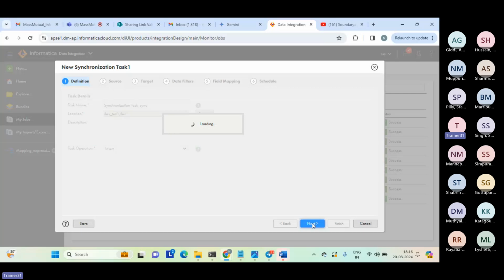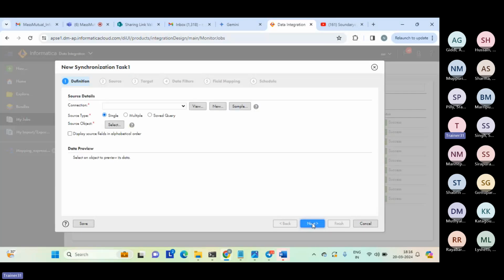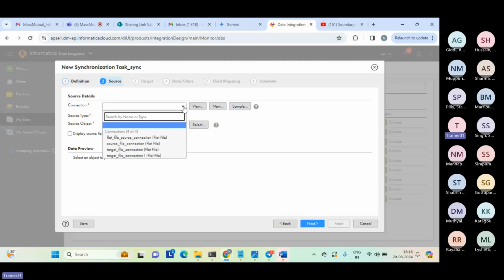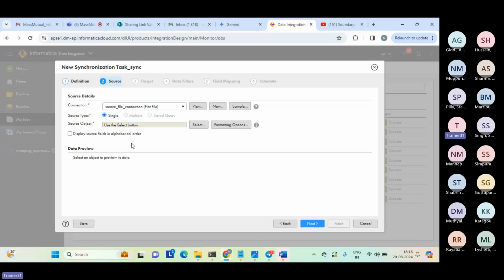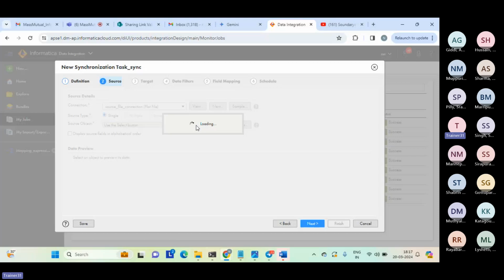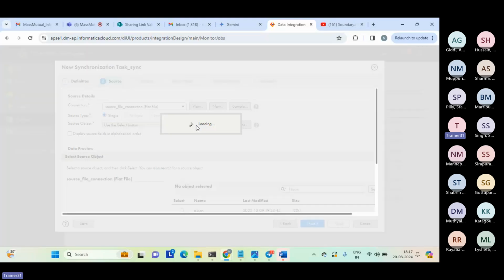Let us click on next and see how well we are able to transfer data from source to target. In this, we have to select the appropriate connection for source and also target. Thereafter, if you want to limit the number of rows, then we can apply a filter condition. Can you see here, guys? Only a single option got enabled, but not saved query, because that is applicable in case we use the source as a database. Now select the source object, for example, a flat file over here,